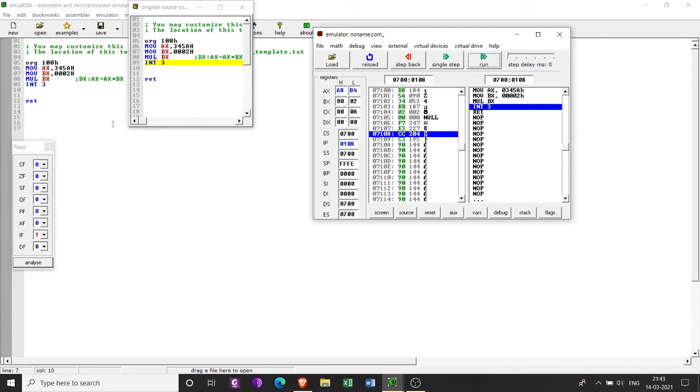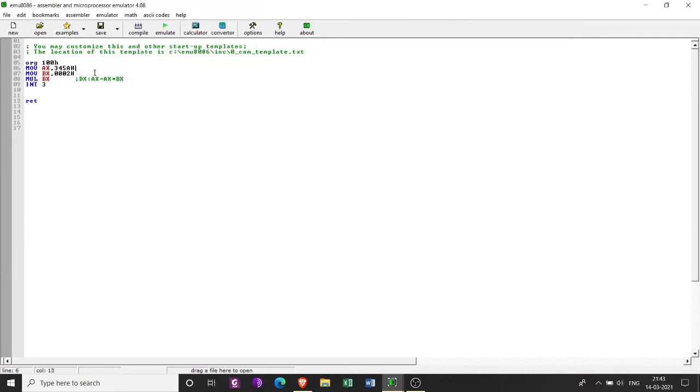Okay, now I am going to rewrite this program by copying the operands from memory locations. So let us start with this. I will take 5000H. Two locations will be 5000 and 5001. The next location should be 5002, 5002H. After multiplication, we will be getting a 32-bit result. MUL BX will complete the multiplication.